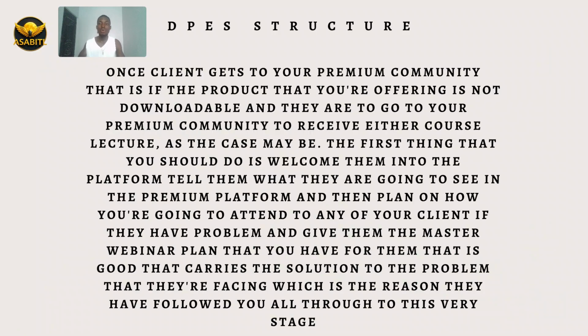Once a client gets to your premium community, that is if the product that you are offering is not downloadable, and they are to go to your premium community to receive either a course or lecture, as the case may be, the first thing that you should do is welcome them into the platform, tell them what they are going to see in the premium platform, and then plan on how you are going to attend to any of your clients if they have a problem,